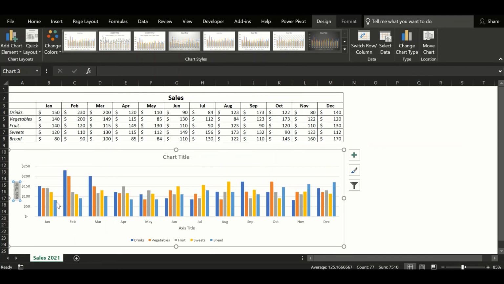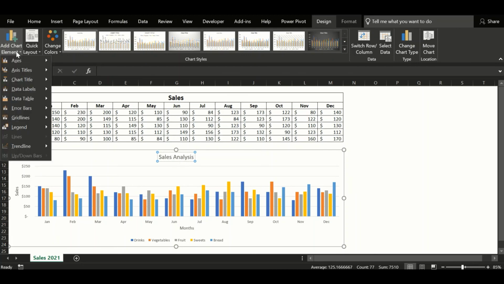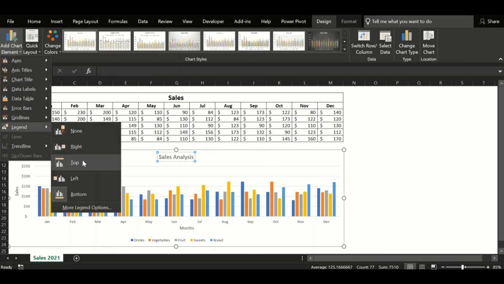Change it to be sales and the horizontal one to be months. And the title is Sales Analysis. I also would like to have a legend on top.